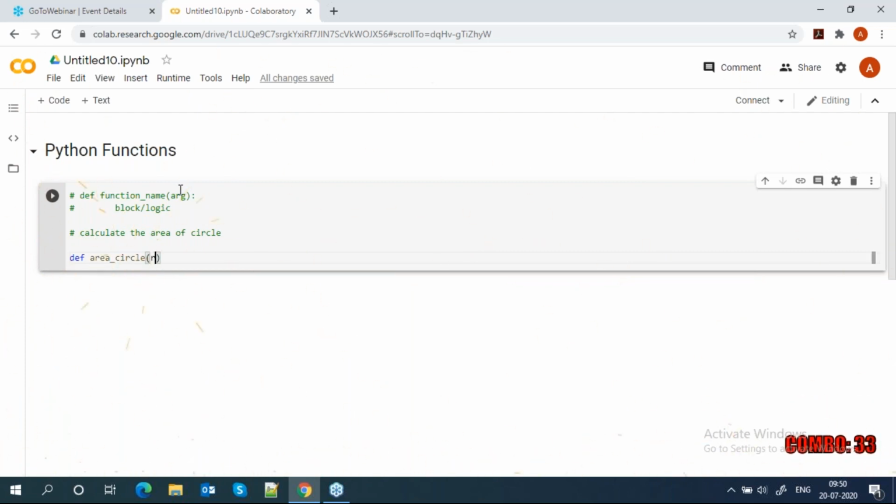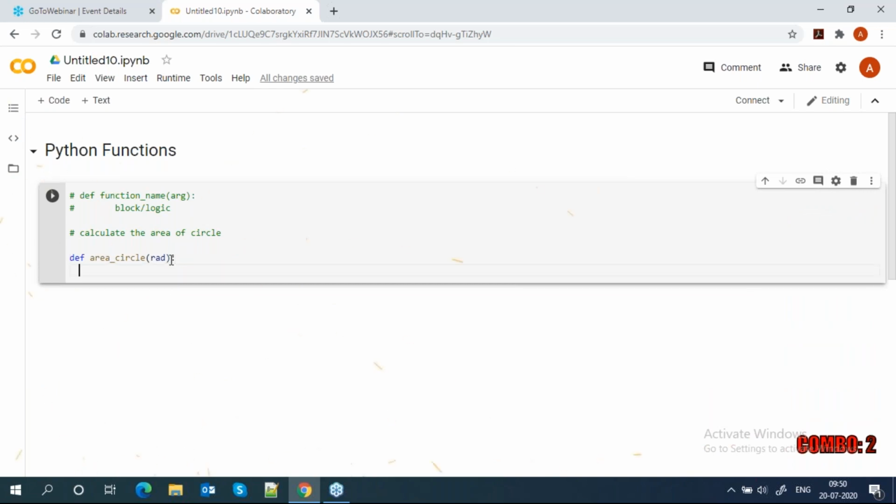Here we pass some radius. This is my input parameter. So what is the radius of the circle?